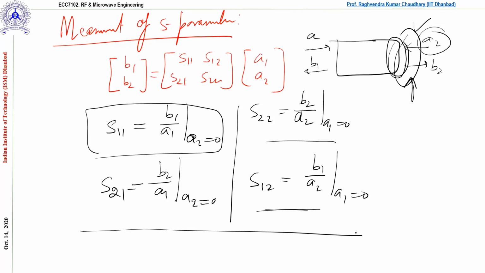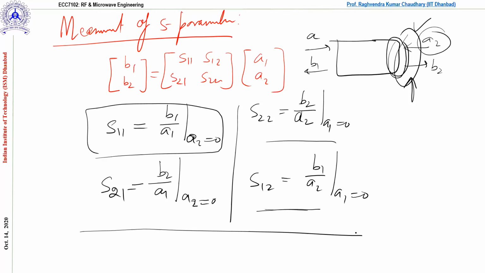Now, you can see a real-time example in your home. You just check your DTH, any dish service, the set-top box, correct? Please check the back side of the set-top box. You will find some BNC connectors there, and they have 50 ohm, and somewhere 75 ohm, written there, with proper impedance matching. Why are we doing this? Because we don't want any kind of reflection. All the power should go inside the set-top box. This is the idea, and gradually you will see the particular advantages of S parameters.